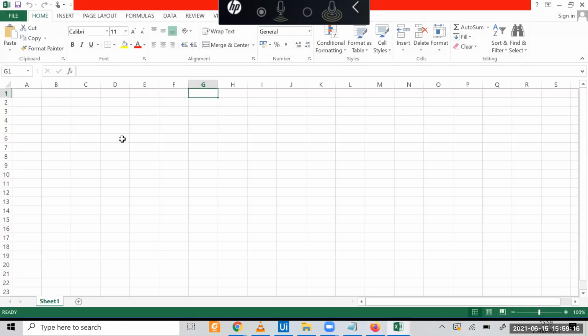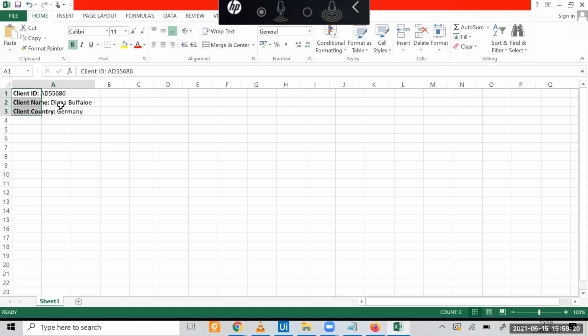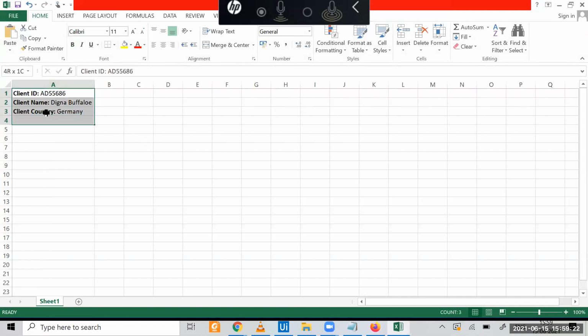Okay, so that three things I have copied from there. Understand? So it has come into three different lines, correct?